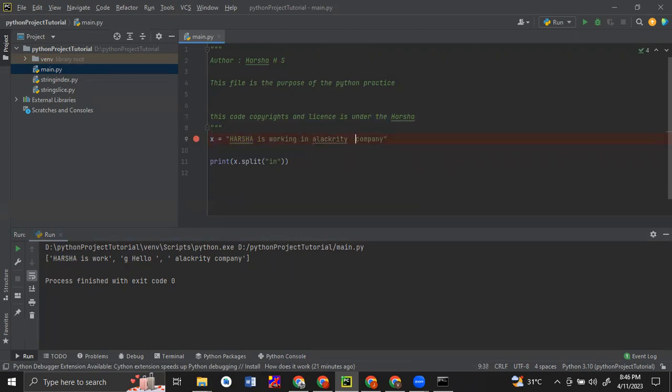For example, here if I give one more in, it is splitting into 1, 2, 3, 4. It will be contained within the list value. We can store it, we can print it also. If we store it to some variable, that variable becomes a list of strings. So these are all the advantages when we are actually